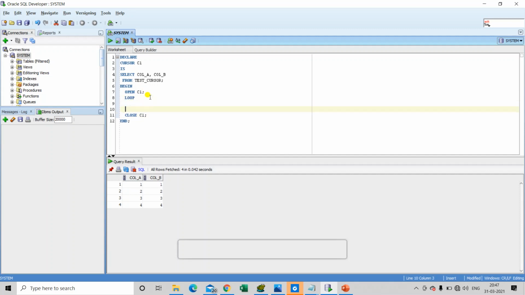Then we loop through the cursor using loop and end loop. Then we fetch the records using the fetch command.